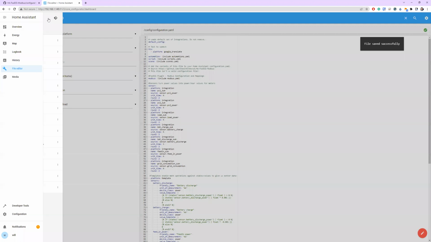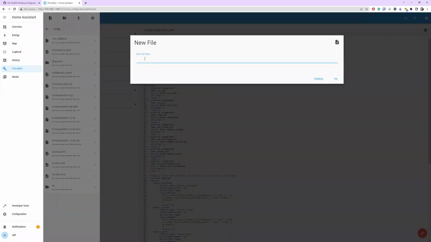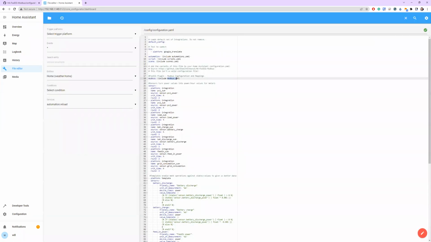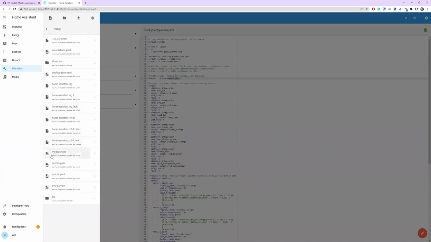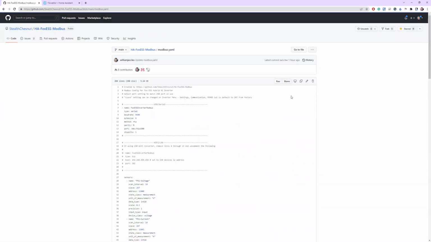And then we're going to click here and add a new file, and we're going to call this modbus.yaml. That name needs to match the name of the file we're referencing here that's just come from the content of the plugin configuration. So modbus.yaml, and then we can search for it, modbus.yaml. Perfect. Go back to the plugin. This time grab the modbus.yaml, copy that,